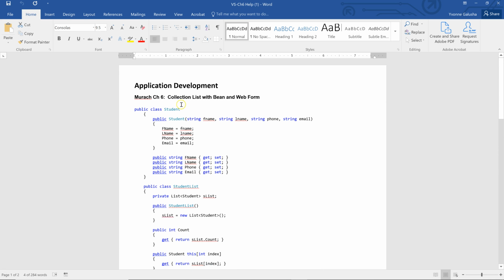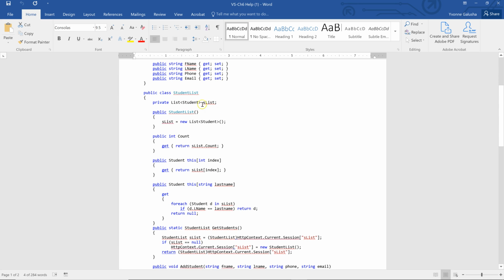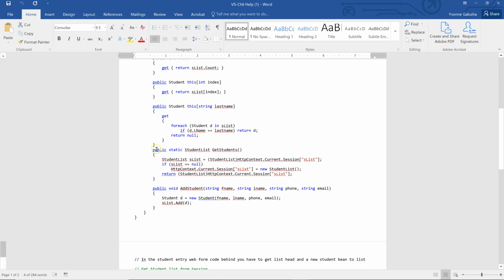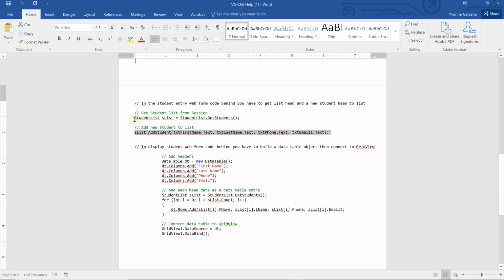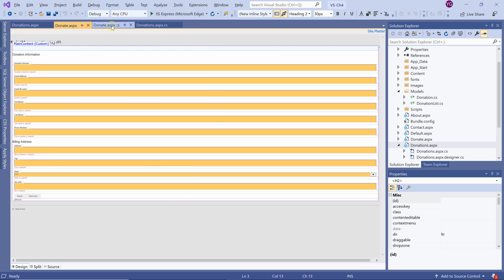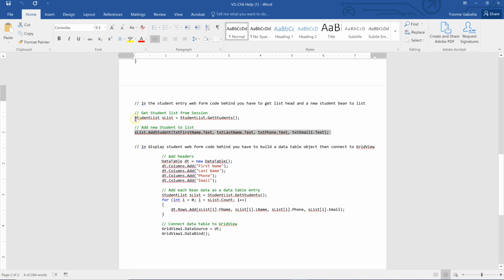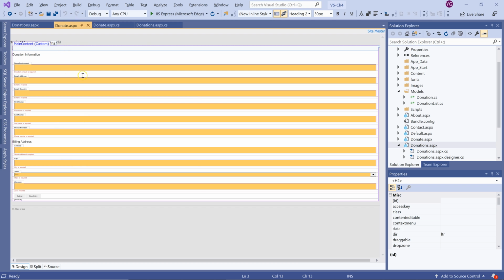So you have to have that bean class created, which is right here. Then you have to have the list class created. I went over this in class about getting the list head. And so here, this second page of this help document, this code is to be used in the code behind for donate ASPX.cs and donations ASPX.cs. So first on this one,